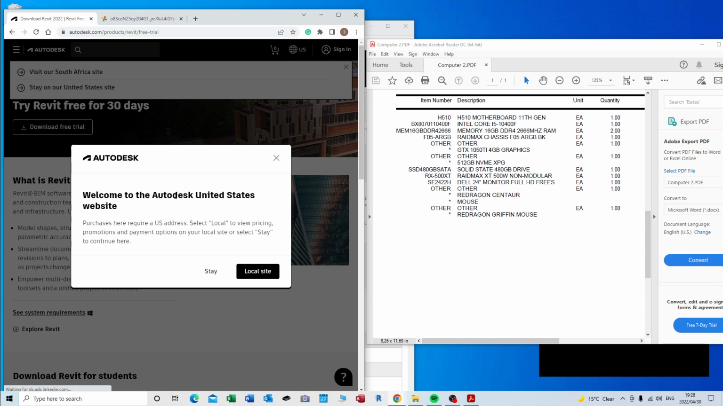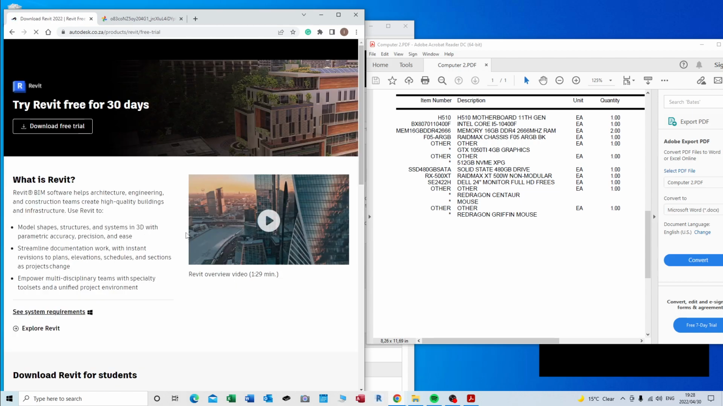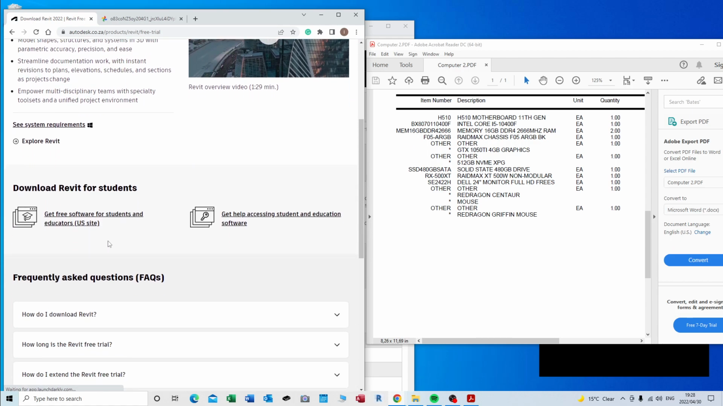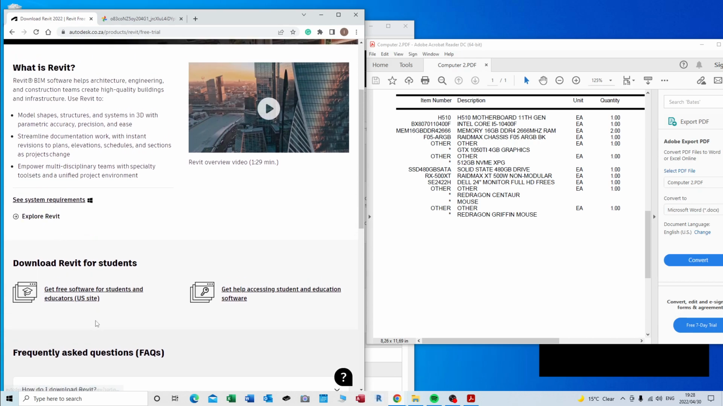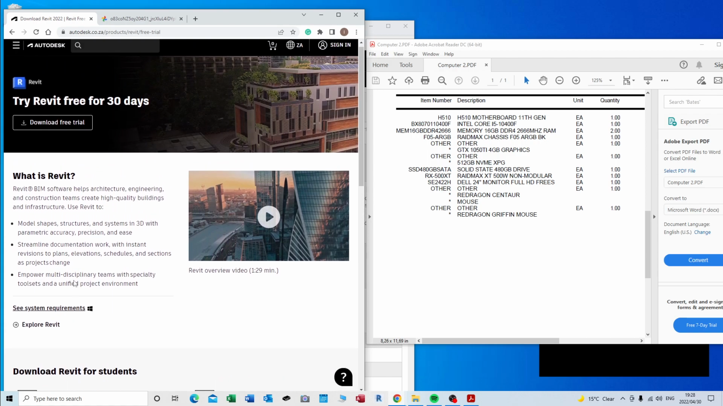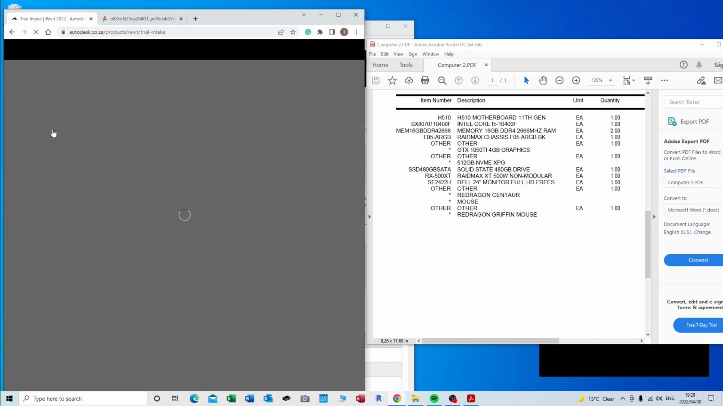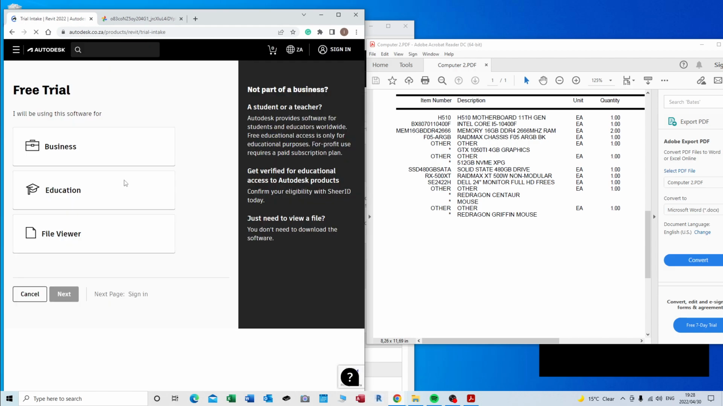Then we'll come to location. It doesn't really matter. You can change this location. Then you've got an option for students as well, but this one also requires you to be a student. They need proof for that, so you rather just buy. So download free trial is where we want to go, and then we just click on business,